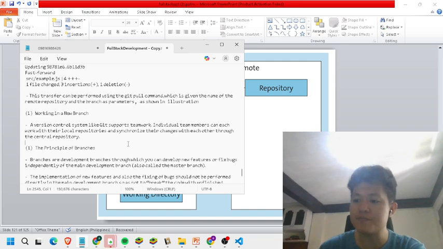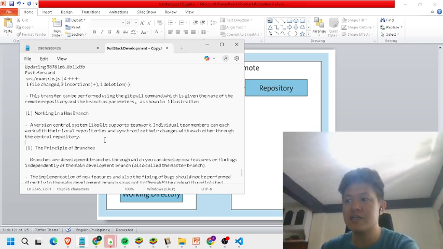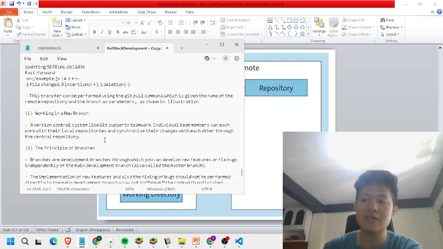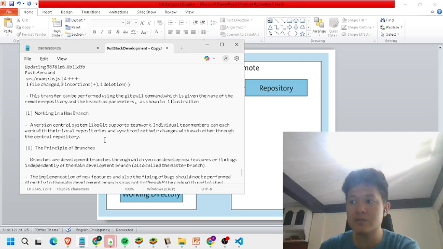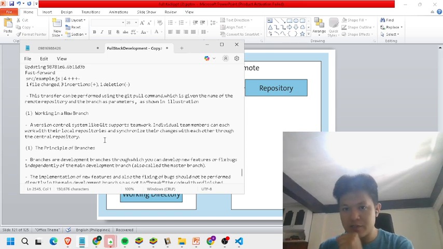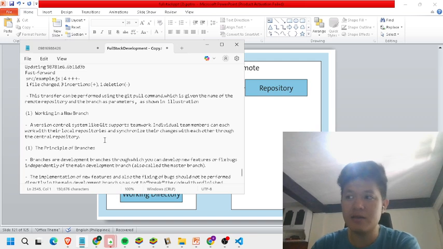Let's say you want to work on a branch for adding new features. What you would do is use git pull and then the name of the branch. Working in a new branch. So here, working in a new branch is like trying a new special in a side kitchen. Chefs don't change the menu directly. They test new dishes in a separate station, a branch. So once the new dish is perfect, it gets merged into the main menu. So after the chef perfects it,